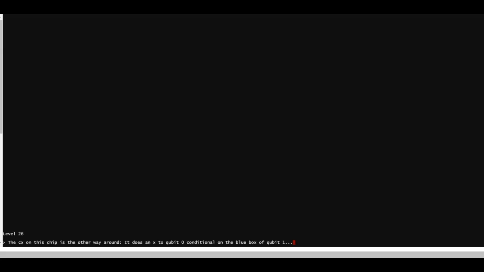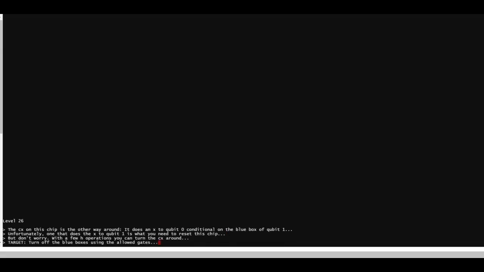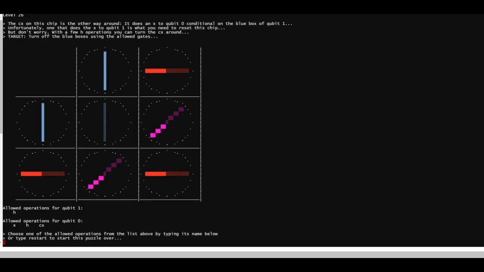It does an X to qubit 0 conditional on the blue box of qubit 1. Unfortunately, that is what you need to reset this chip. But don't worry, with a few H operations, you can turn the CX around. Turn off. I guess the goal here is to teach you that you can basically flip the control Z effect by applying Hadamard here and there. So I want to turn both things off,